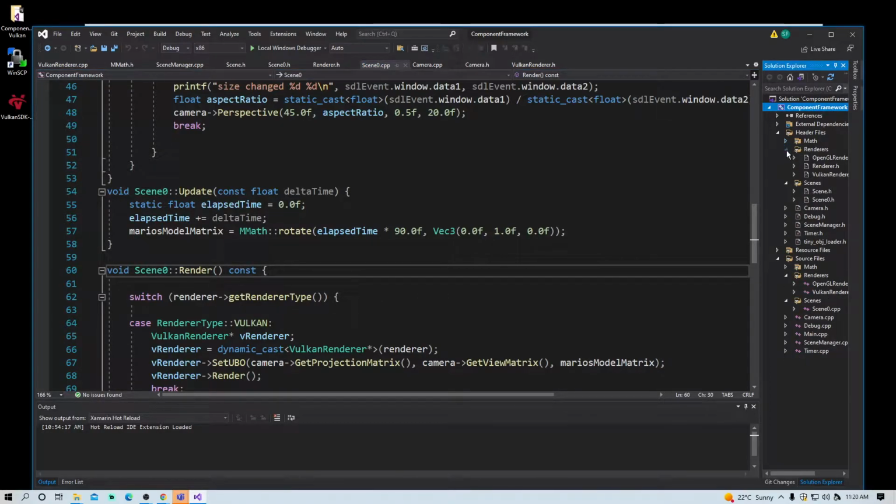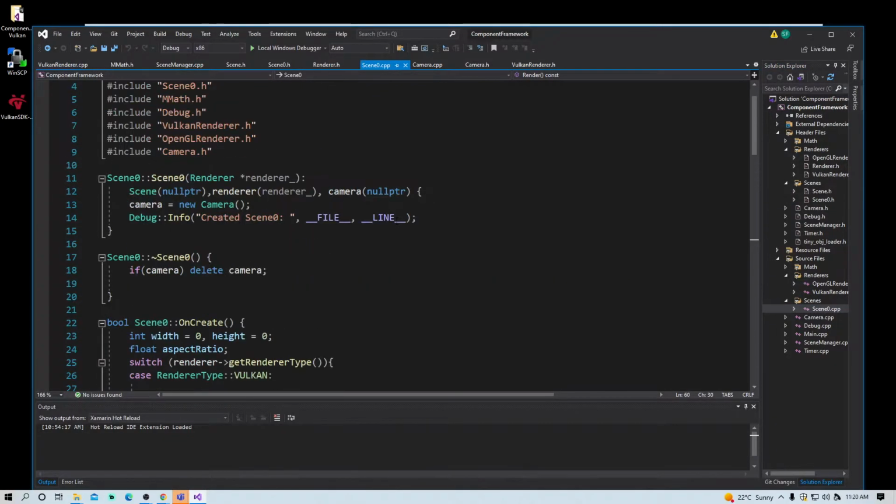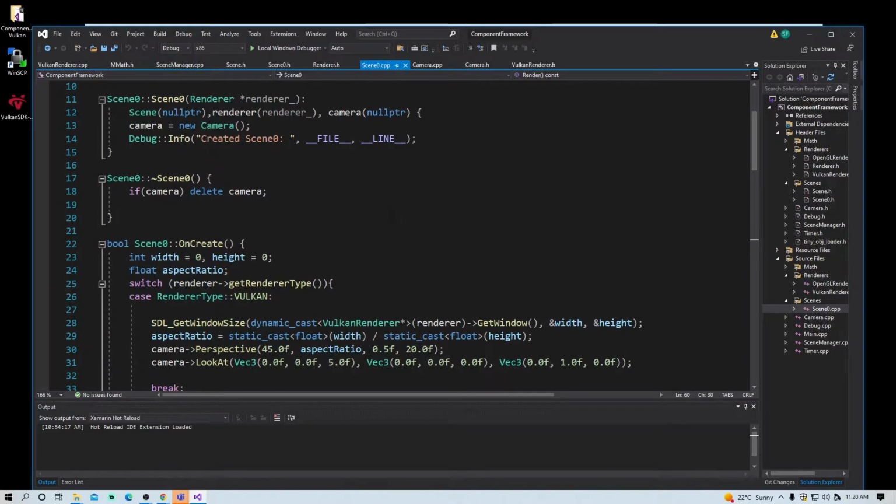Let's get rid of math. You don't have to see that one. And I've got some renderers here. So I've got an OpenGL renderer and a Vulkan renderer.h. And the OpenGL one is not even working. There's nothing in it. It's just a placeholder, and I'll show you how that links up another day. And so what we've got down here is scene 0. And hopefully this just makes your life easier to understand. And over here in scene 0,